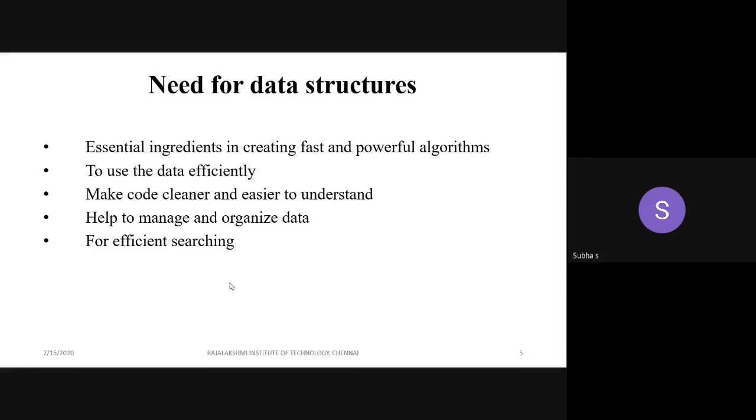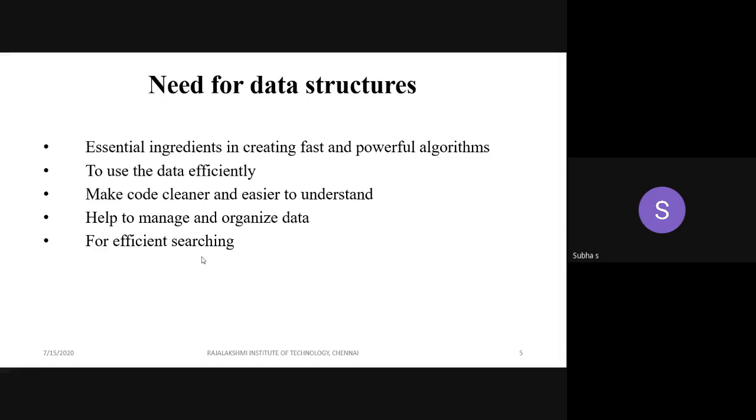What is meant by cleaner here? Clean means the code should be clean, without any error and also without any unwanted statements. It's not only without any error; clean code means the exact problem statement should be reflected in your solution. No need to give unnecessary statements. So that is your clean code.